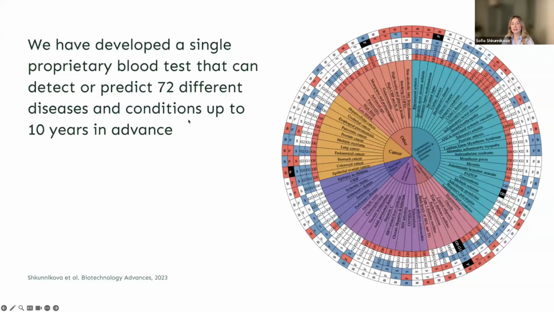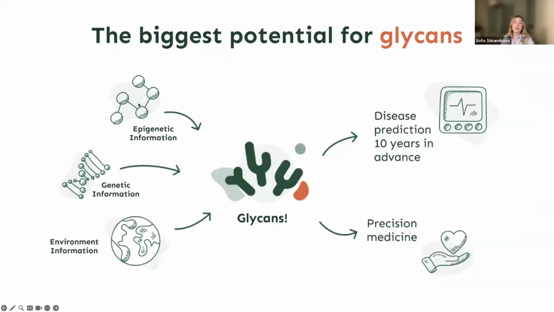So because we're able to look at several groups of these glycans, we can have a specific pattern of change that is associated with a specific disease, which allows us to assess what conditions your patient is susceptible to. So to summarize, glycans integrate the epigenetic, the genetic, and the environmental information. And what it gives you is not only the chance to practice precision medicine and to personalize your protocols for your patients, but also to predict what your patient might be susceptible to in the next 10 years